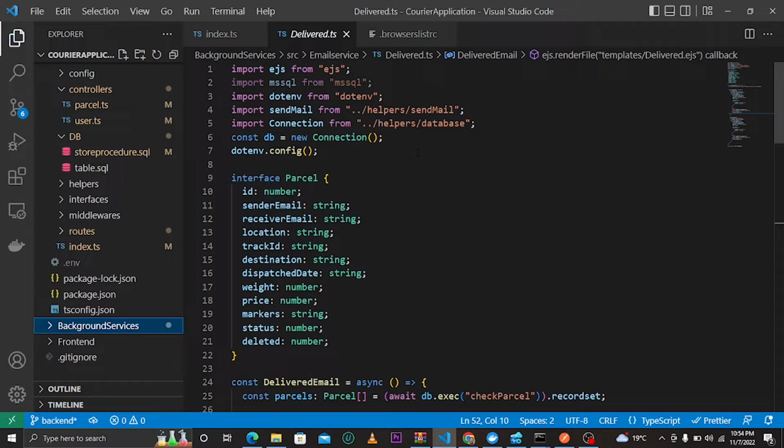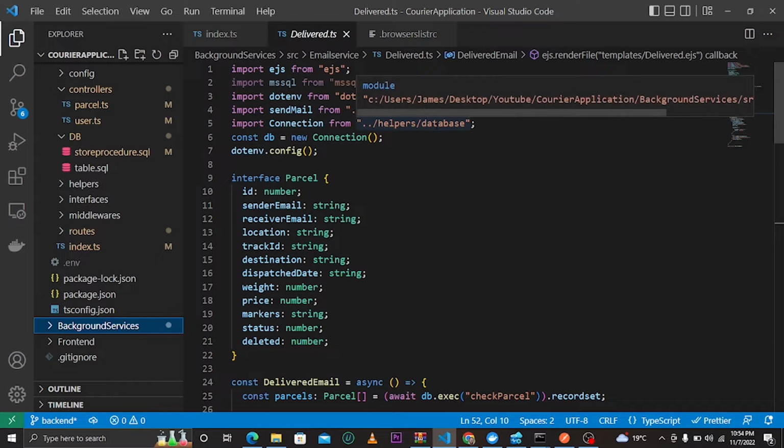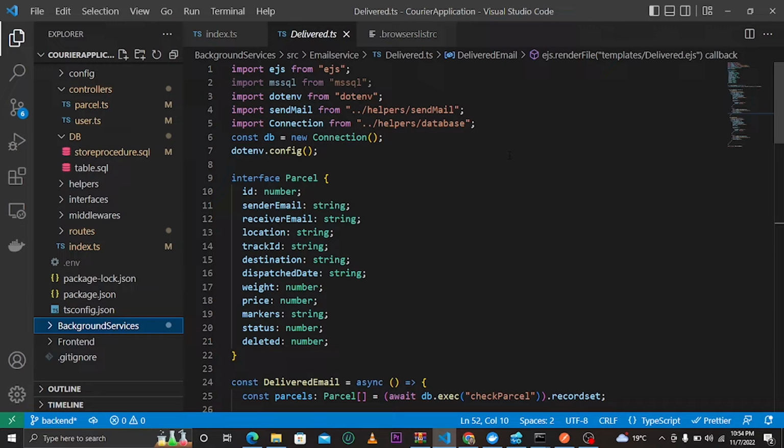Remember, I will be uploading this code to GitHub, and I will be providing the link in the description. So don't worry. If your code has a problem, you can just go there and look at what changes maybe I did that you didn't do, or maybe what's wrong with your code. Now, if you have any issue, remember you can comment, and I will write the solution, or you can just